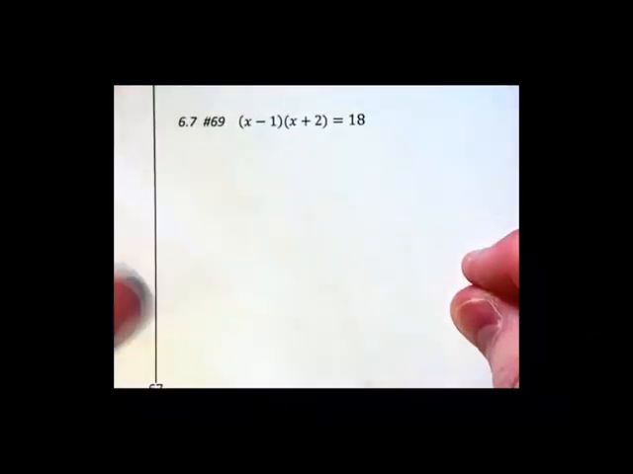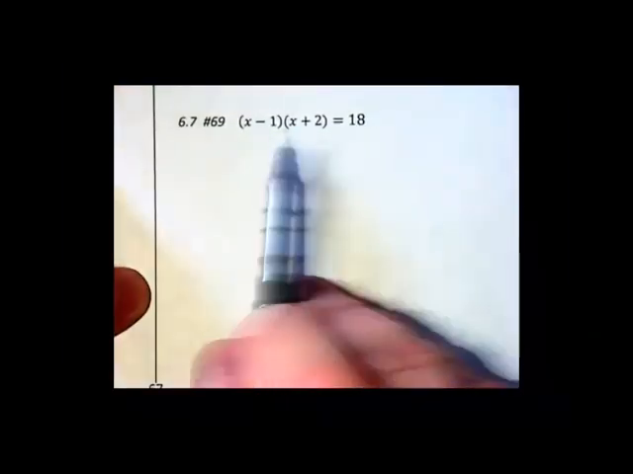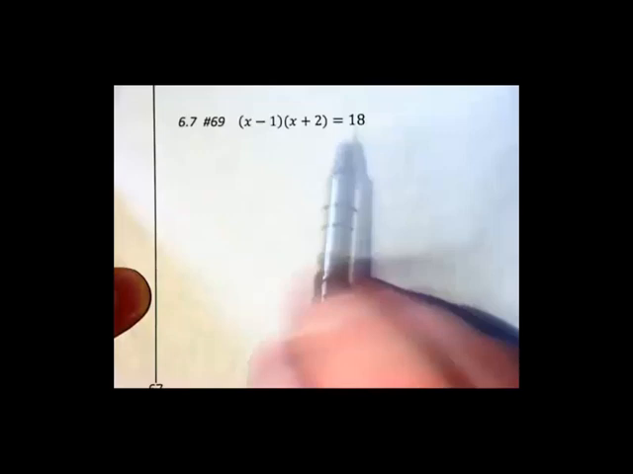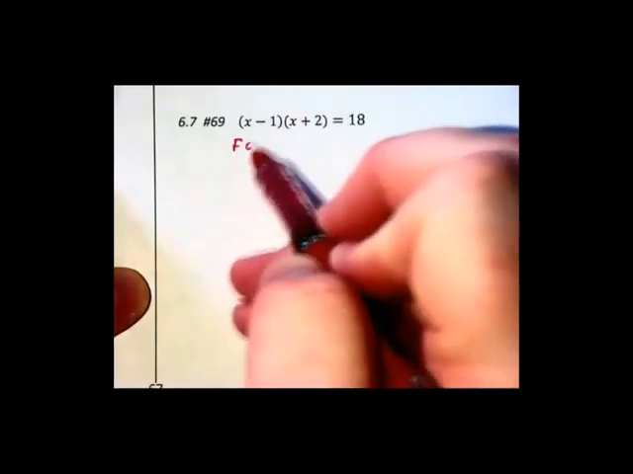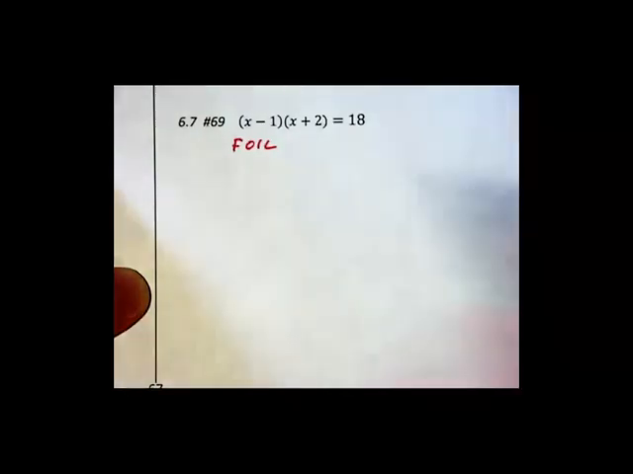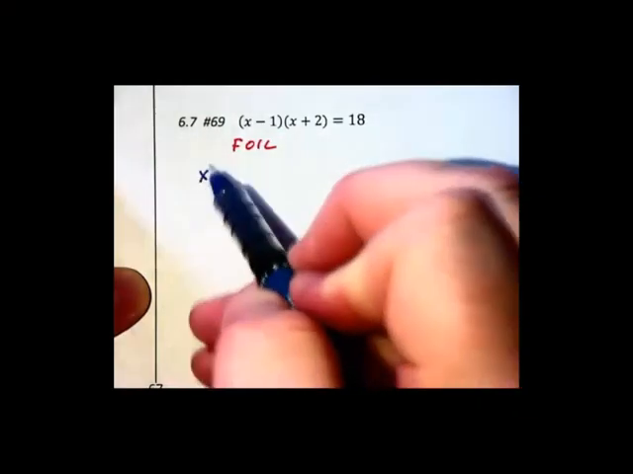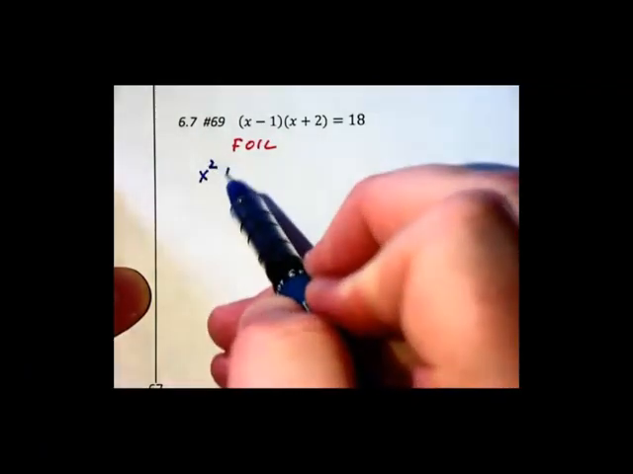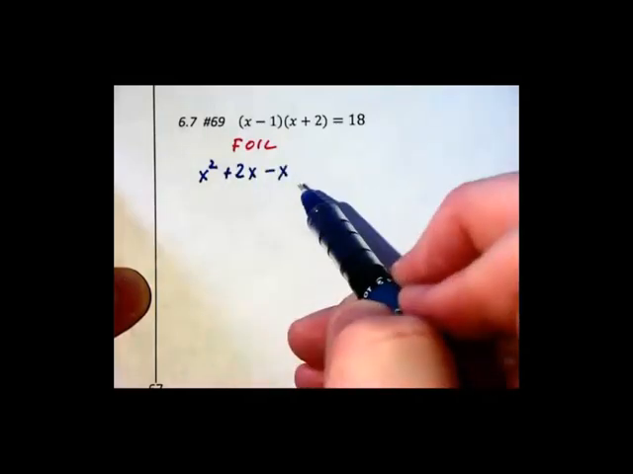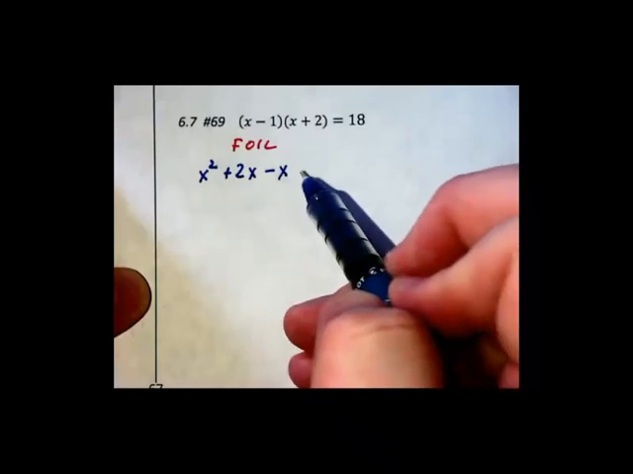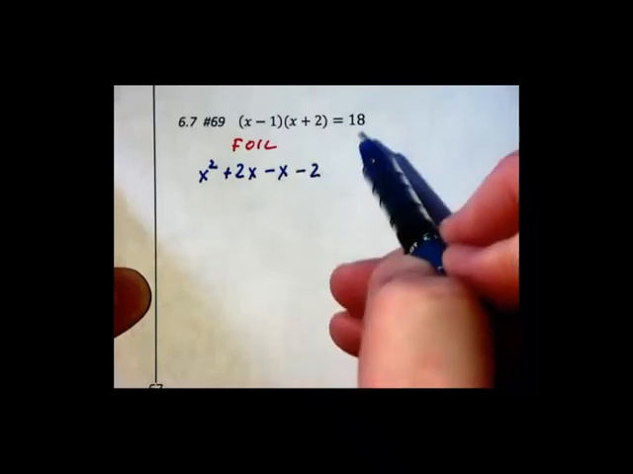Okay, this next one is factored, but we don't have an 18 product rule. We only have a 0 product rule. So we're going to have to FOIL together what we see on the left for starts. First term x squared, outer plus 2x, inner minus x, last term is minus 2,